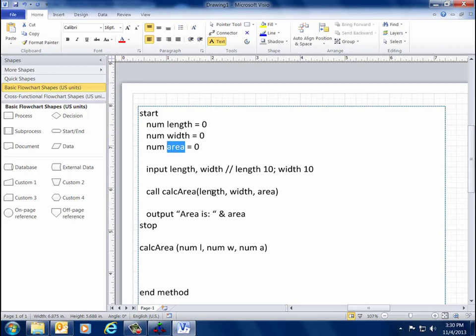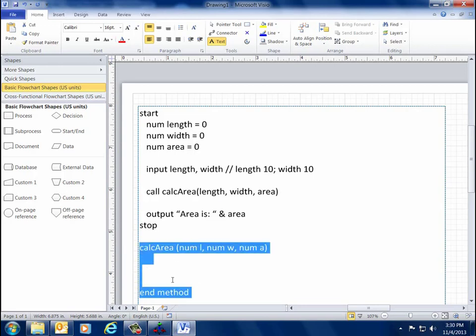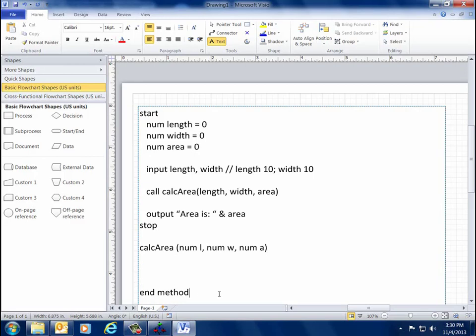All right. So what happens here at our call? This is where we're going to call this method that we've got down here, and this could be in another file or somewhere else. Execution will jump from the main program down into here. It will do its thing, and then return back up to the next statement in the file. In some languages it's the same line, but for now we'll just go with that. Now, how does that work? Well, remember I told you these are temporary by default. Now, you can override that, which we're going to talk about momentarily, but in any event, what happens is if I declare this method with 3 arguments of type number,